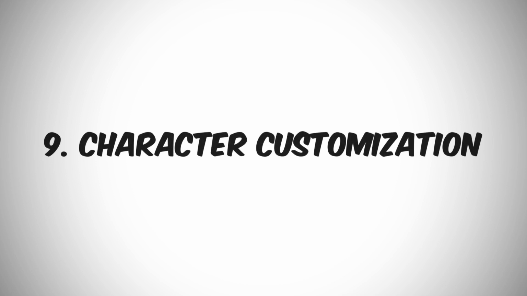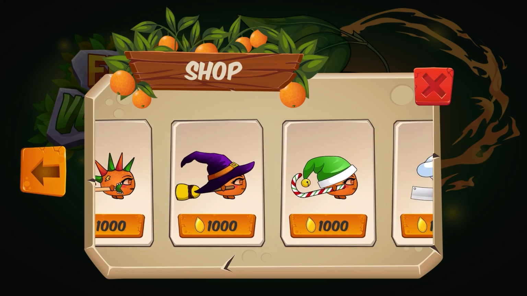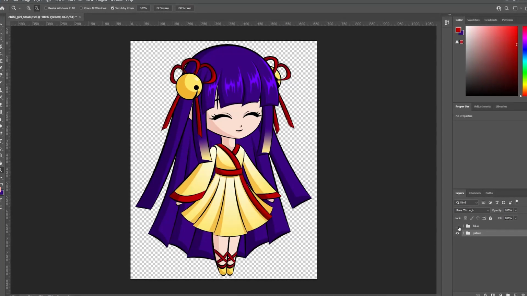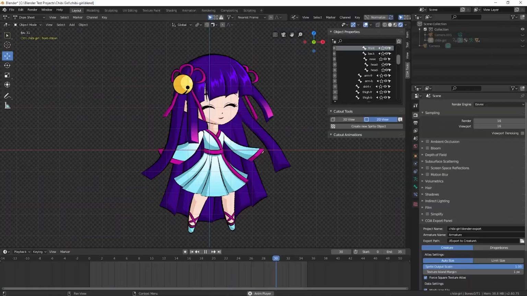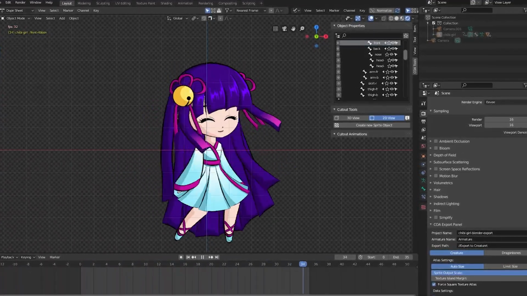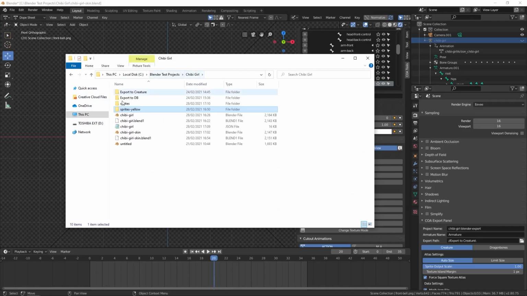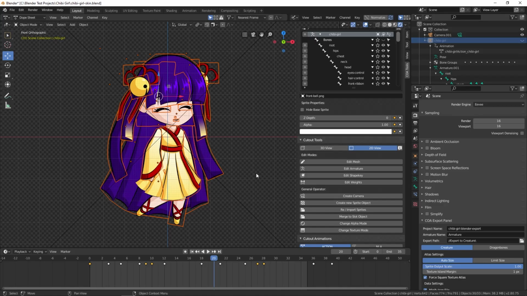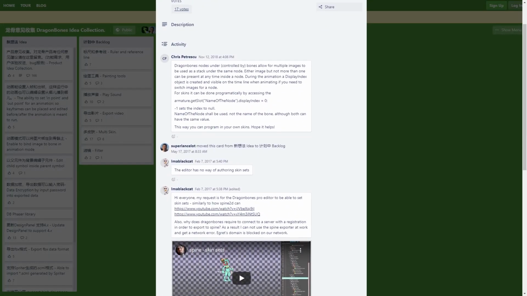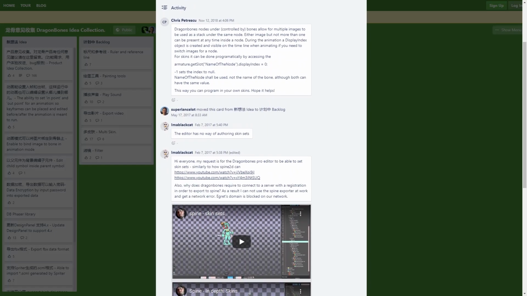Now let's talk about another important aspect of the character animation. If your game relies heavily on the character customization, you'll need a fast and easy way to switch between different character skins. Unfortunately, I haven't found an easy way to add a new skin to an existing character with CAD tools. The best option I could come up with was to swap the sprites folder of the project with another one. This way I could preserve the mesh deformations I've done for the skirt. Then theoretically, you can switch between the skins in the game engine through the code.